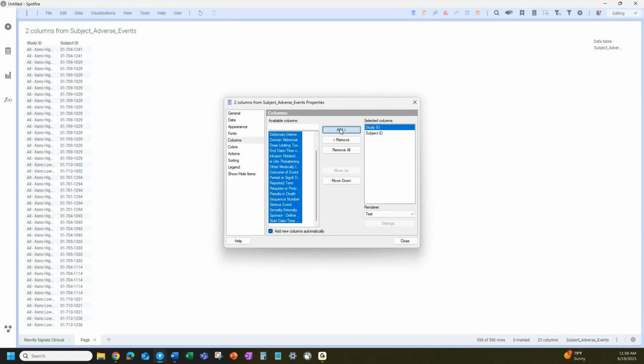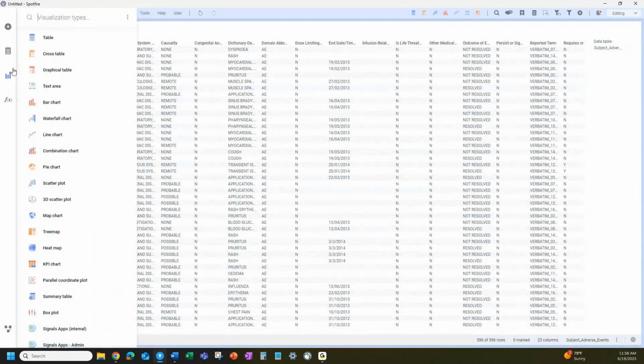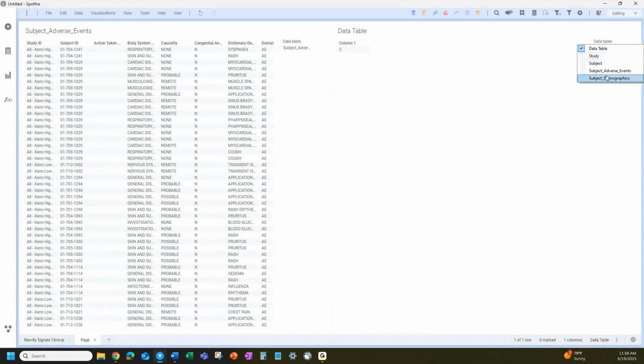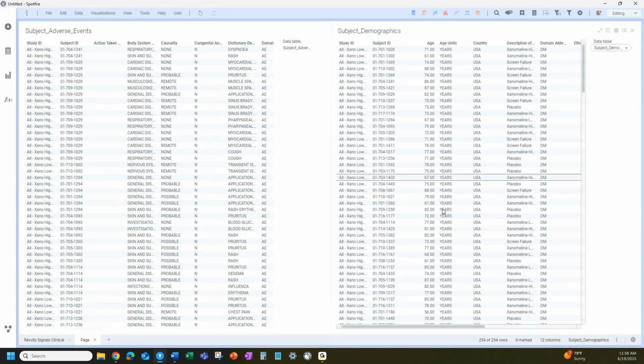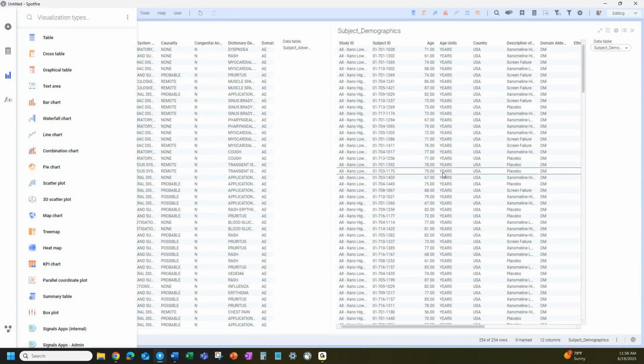So we successfully imported the adverse events table. You can also see the demography table. If we bring this up and choose the demography table, same thing, all the data from the demography table. So I'm not going to build anything else here from scratch. This is just to show you that the data was imported, but of course now you have all the power and features available in Spotfire to build all these sorts of visuals and start to do an ad hoc analysis